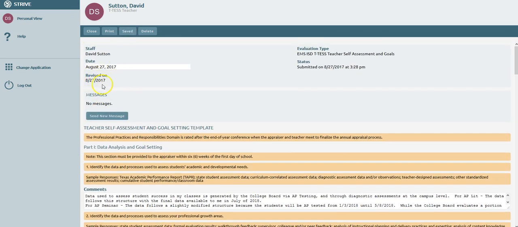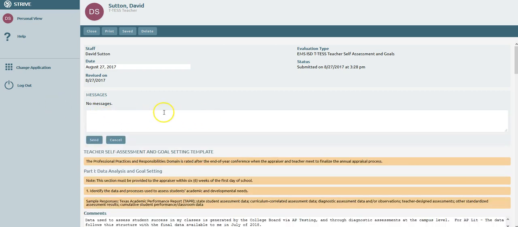It'll update the revised on date to a new one. Very likely you'll have the submitted status changed as well. It's possible it won't change. If you want to be certain, though, that your appraiser knows that the update has been done, all you have to do is click right here where it says Send New Message, and click that, type a message to your